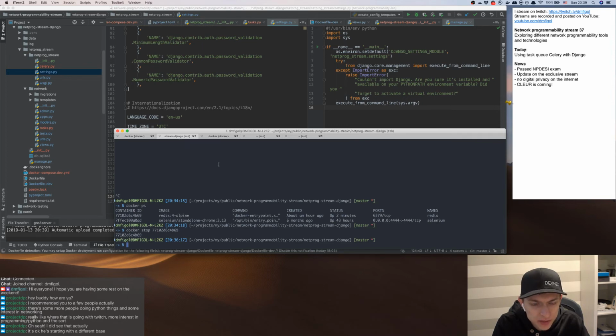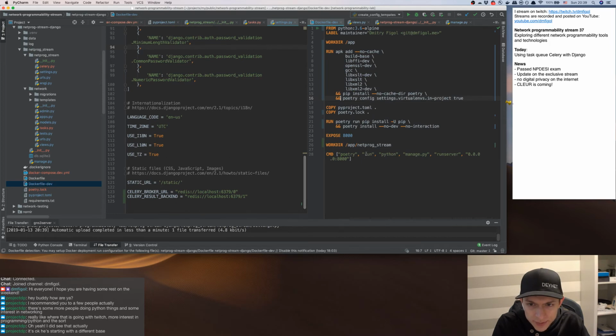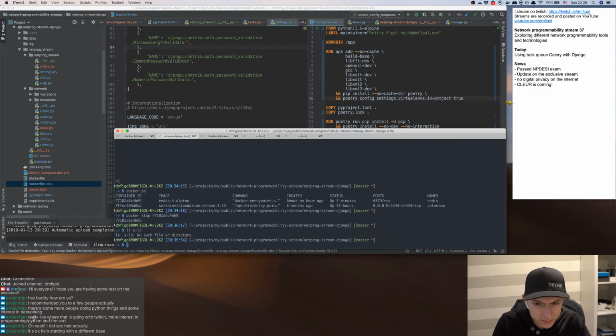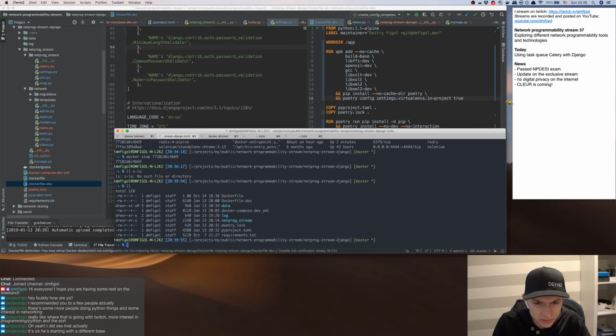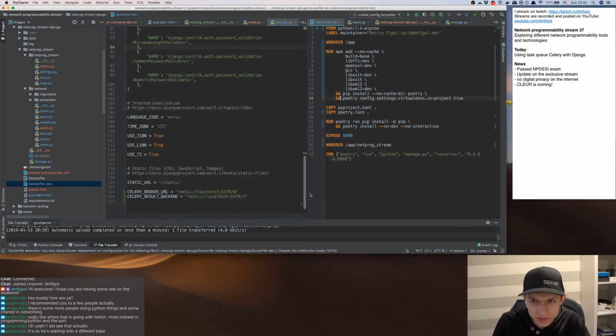We have to run our app. How do we do that? It's poetry run python manage.py runserver. Okay, so poetry run python. Poetry run python manage.py. Like literally, what is going on here? Yeah, just here. So poetry run python manage.py, and then runserver, and I have to